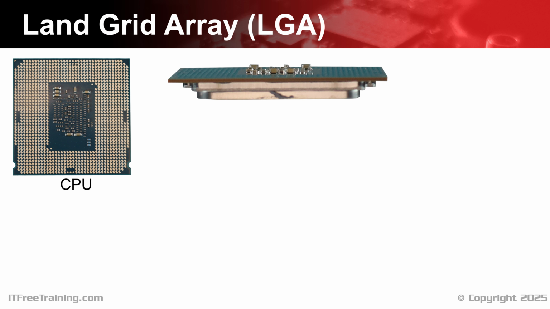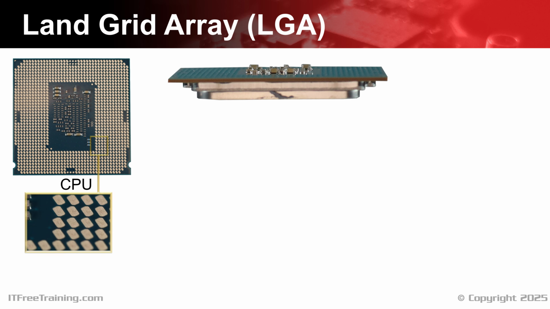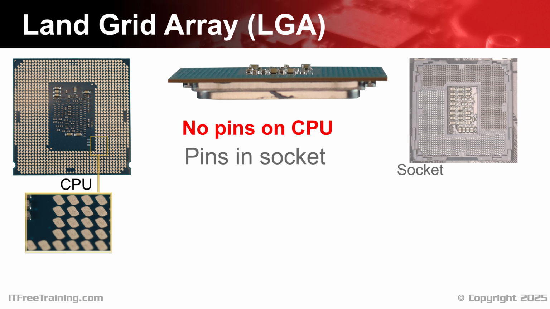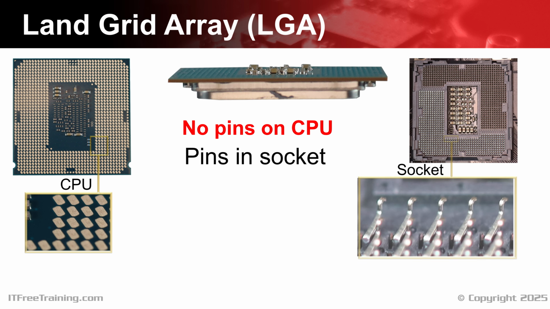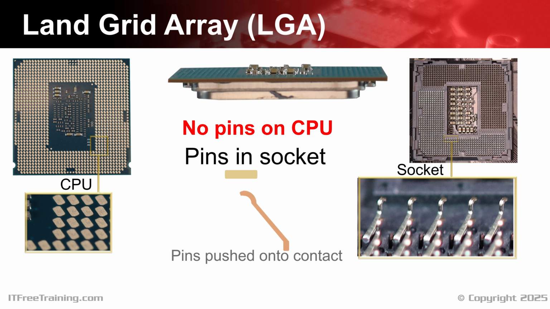With current Intel sockets, there are no pins attached directly to the CPU. The pins for the CPU are located in the socket on the motherboard. Looking closely at the pins, you can see they are on an angle and look like they have a little hook at the top. What occurs is, when the CPU rests on top of the pins, the weight of the CPU pushes the pins down just a little bit. Since the pins are springy, they push back on the contacts under the CPU. This gives a very good connection between the motherboard and the CPU.